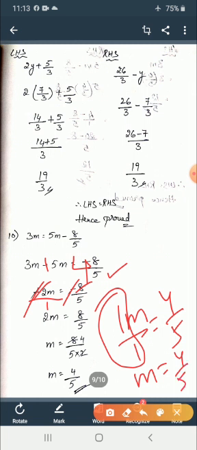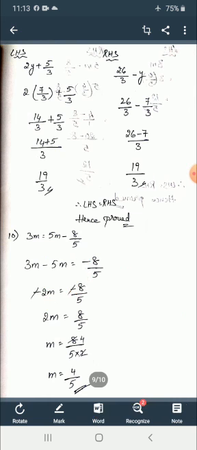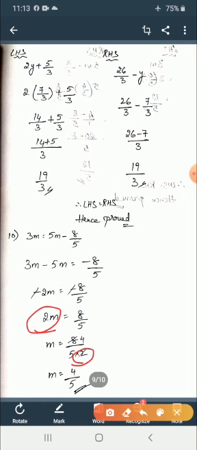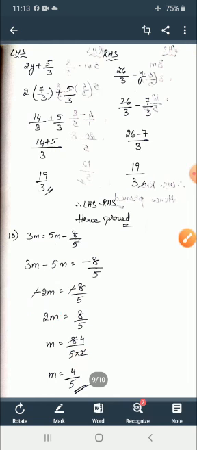Either you can cancel numerator to numerator directly here itself, or else you can send it to the RHS side, and then the multiplication terms are going to change, like multiplication to division, division to multiplication, plus to minus, and minus to plus. We discussed already. Like that we are going to change, and we are going to do here. See, we have sent 2, which is in multiplication, to the RHS side, it became division 2. Like this you can do, or else previously I explained you, right? In that method also you can do.